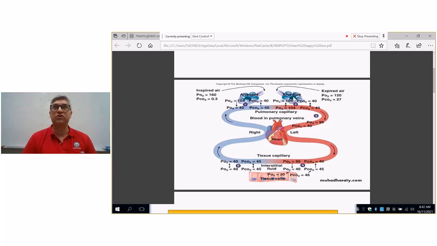So how much oxygen you're getting in and how much CO2 you're getting out, in the fact that it's exposed to external air. So they're the pressures of the external air. Inspired air is that one, 160, fair enough, and CO2 close to 0. And so they come out to average around particular numbers, and then the red cell goes to the pulmonary veins, back to the,